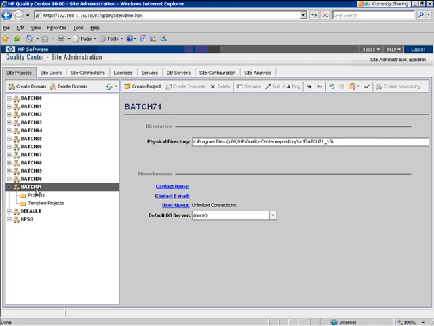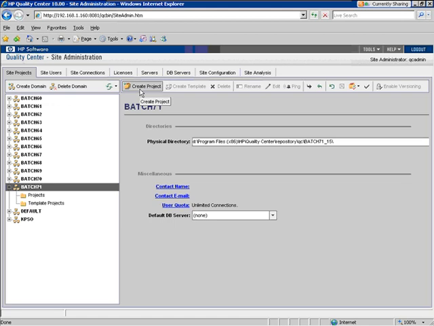Then under this domain, what I need to do is create individual projects. Because when I'm working with Yahoo, I may have a project that comes up for Yahoo Autos. I may have a project for Yahoo Mail. There could be Yahoo Real Estate. There could be Yahoo Finance, right? Those are individual projects that I need to manage. So, likewise, I'm going to create projects. But before I create projects,